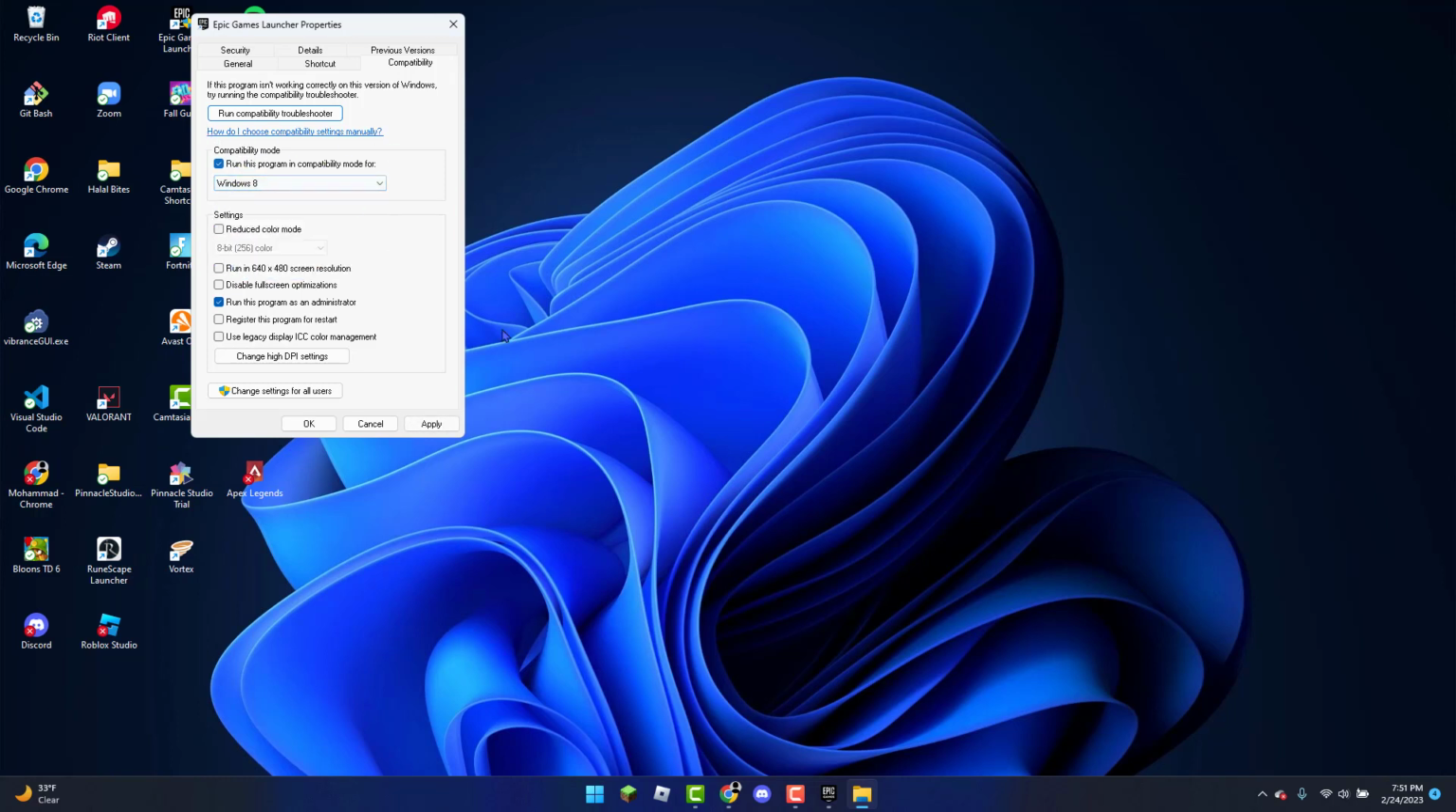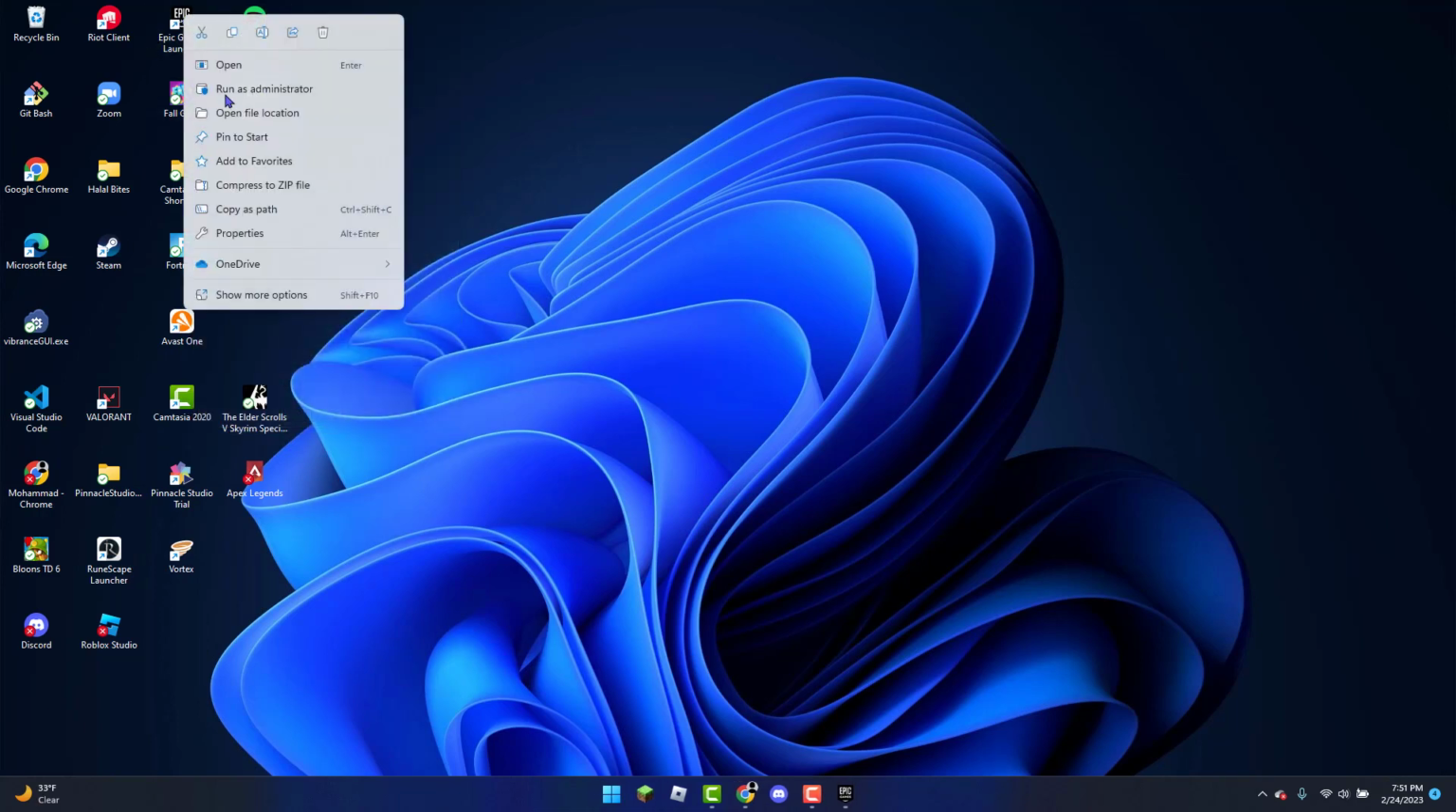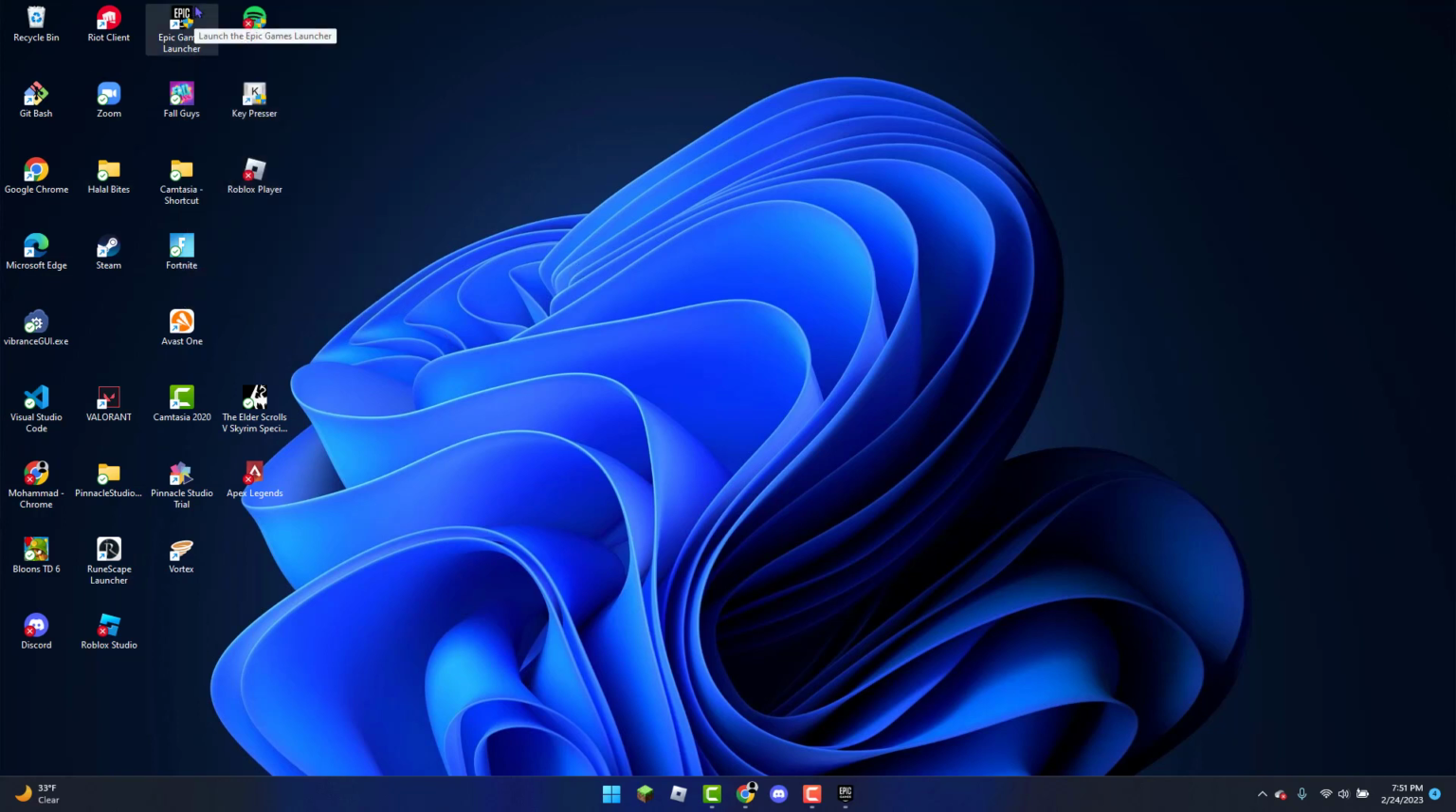Now once both of those things are done, you can hit apply and then you can hit OK, and then you can right click on Epic Games Launcher, click run as administrator, and then click yes, and then check to see if that worked. So once the launcher does open, the error code should be fixed. However, if it still does not fix, the third method you guys can do is just simply restart your PC